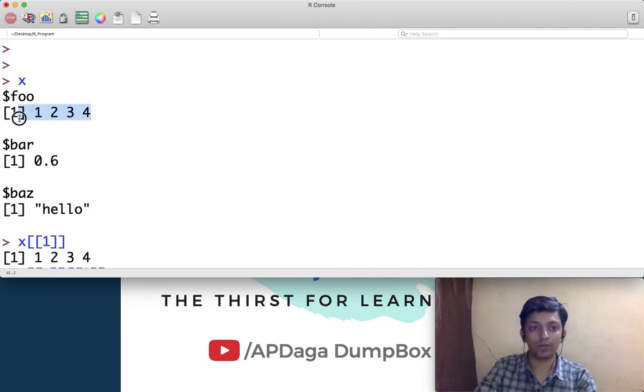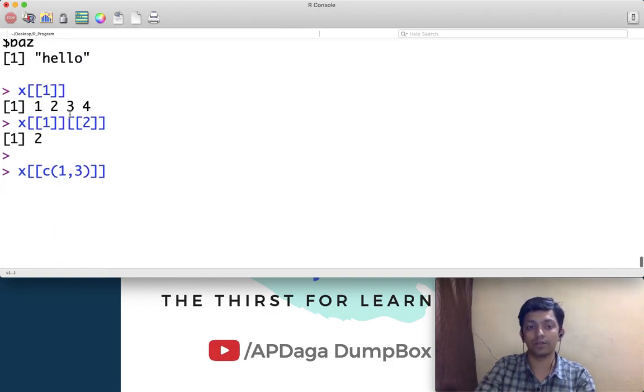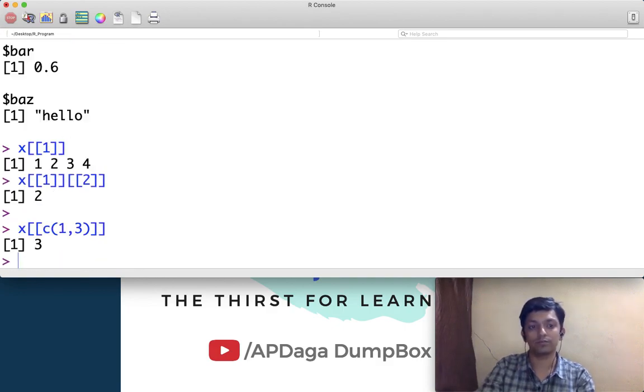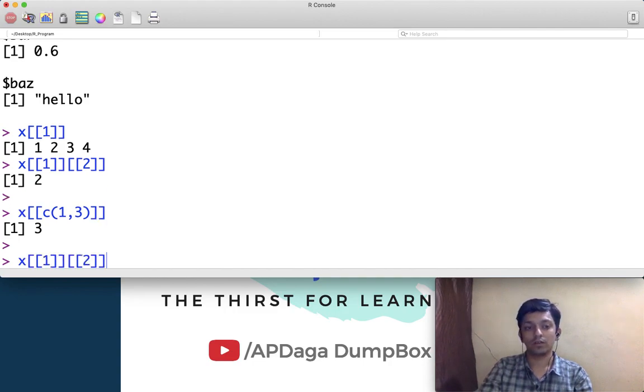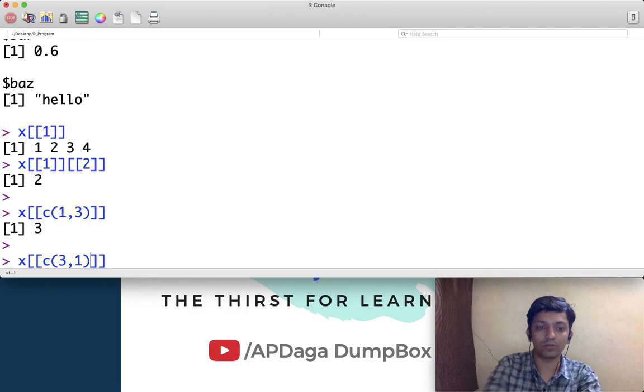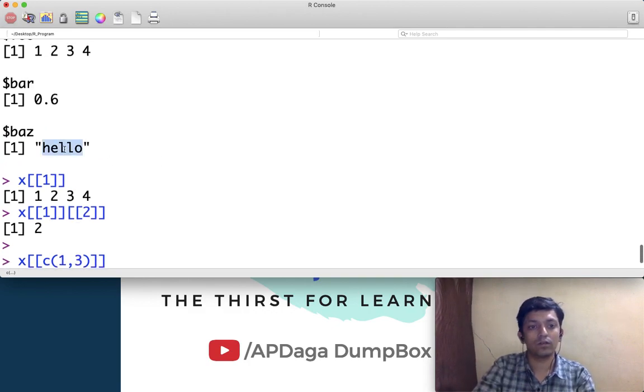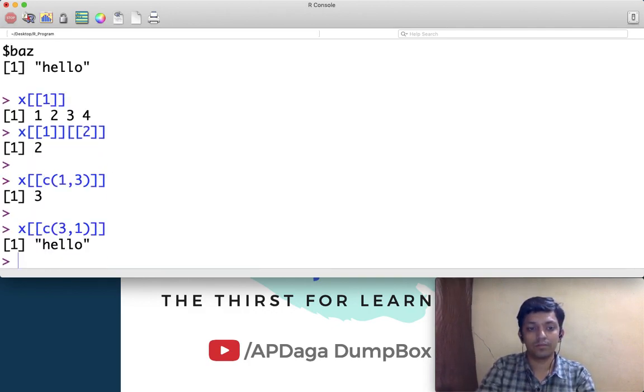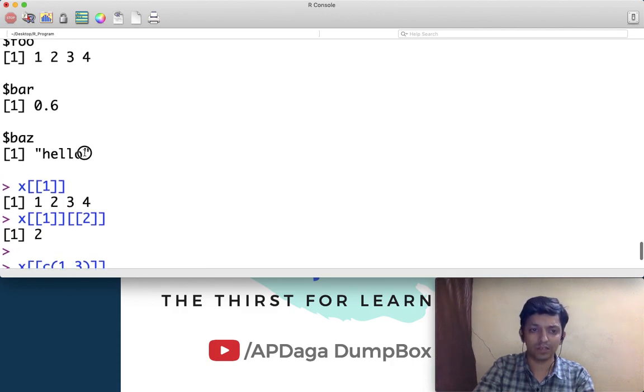The first element of x is this, the third element of this is 3, so I should get output as 3, like this. Similarly, if I do 3 comma 1, I should get the output as hello,